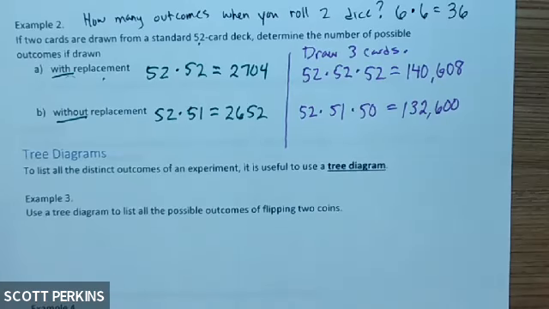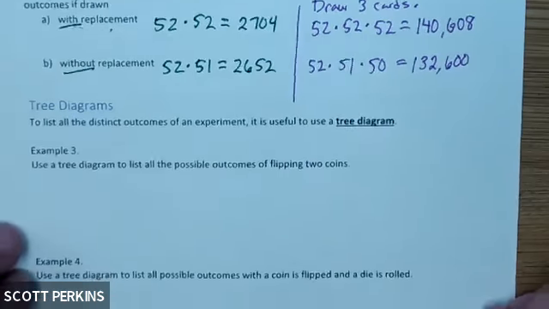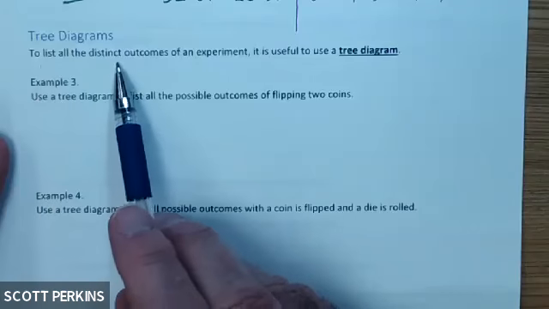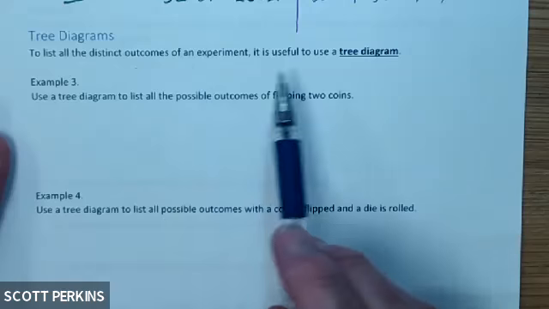So now what we're going to do is extend the counting principle. We're going to say, okay, if I want to know what those outcomes are, I can have a process to figure that out. Now, I'm not going to apply this process for decks of cards with 52 options. That would be math torture, and that's not what I'm here for. But we can use this in smaller cases. So what we can do is create what's called a tree diagram. And a tree diagram is just a tool. It's not anything really too complicated, although I'm going to walk around because sometimes students, as you're getting to know how to do this, have some misconceptions. But when we want to list all the distinct outcomes of an experiment, a tree diagram is the tool that